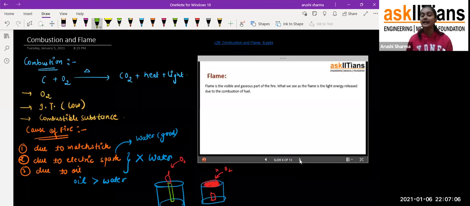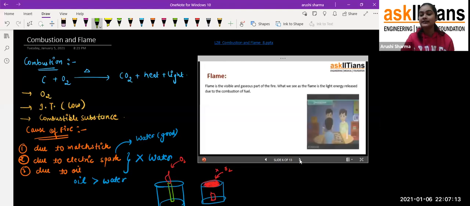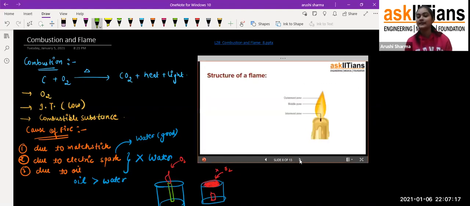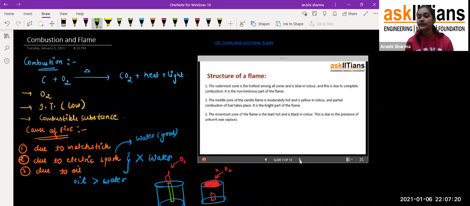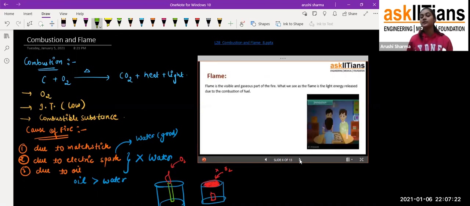For example, candles. When we give them fire they start burning, and they show some flame also. It's like in this picture, I can show you, it is having this flame. If I ask you to think about some of the materials or substances which burn with flame, what could it be? Just think about it. One of them is the candle, but what else can be in this list of materials which burn with flame?